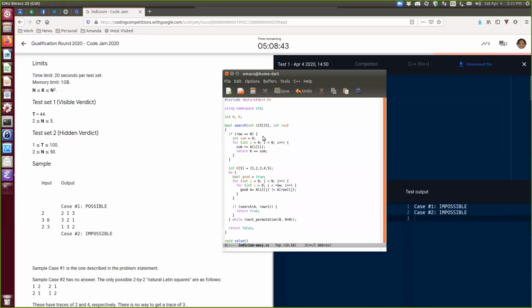Otherwise, I'm going to take this 1, 2, 3, 4, 5, and even if it's smaller, I will do only the first n entries, and then